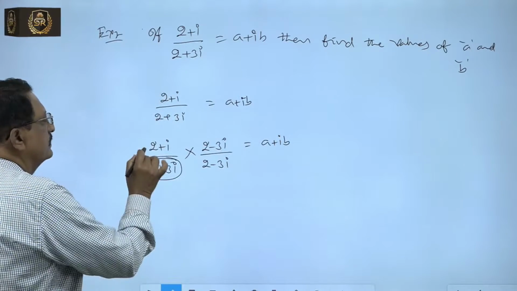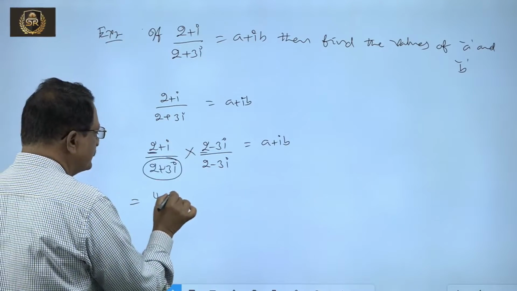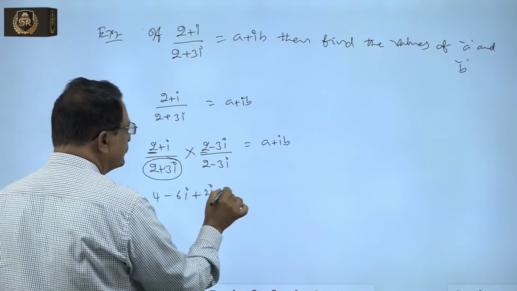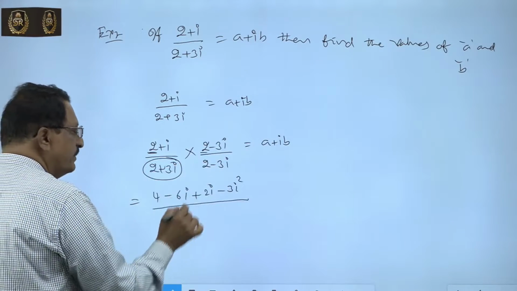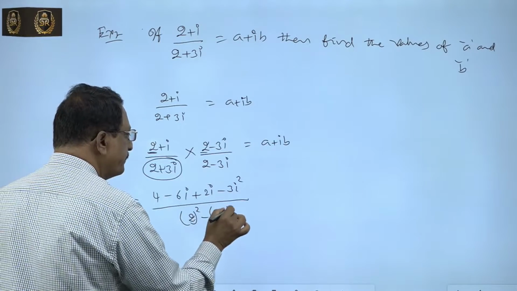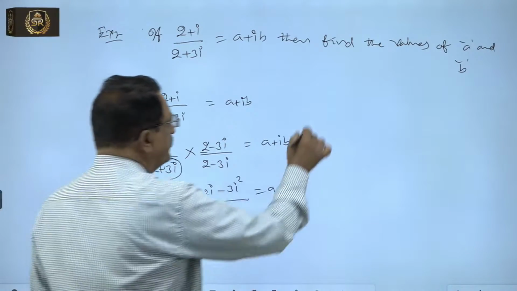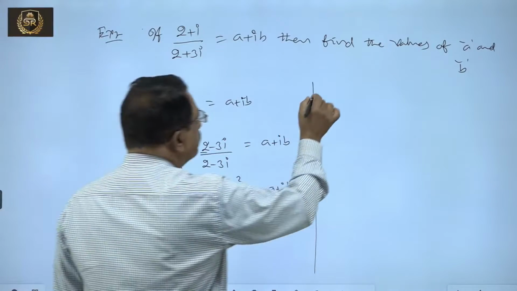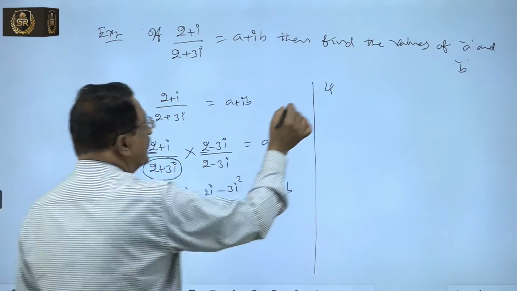That equals, now multiply together: 4 minus 6i plus 2i minus 3i squared, by (a plus b)(a minus b) = 2 squared minus (3i) whole squared, that equals a plus ib. Now numerator: 4 minus 6i plus 2i minus 4i,